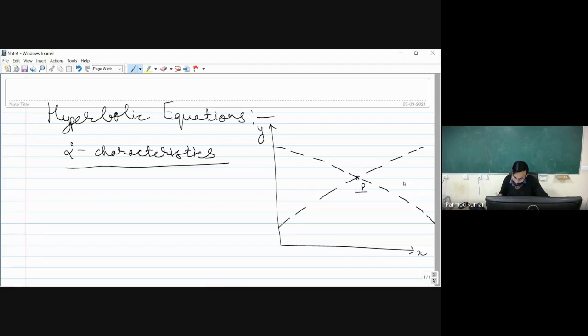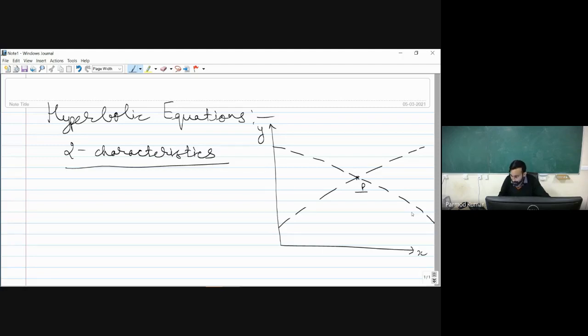Now, we have said that along this particular line, the highest order derivative of our equation will be indeterminate. So the only determinate value of the derivative will be in the region within the lines or away from these lines. In this particular zone, if you follow my cursor, we will have a determinate derivative, and outside these lines also we will have determinate derivatives, and over the lines we will have indeterminate ones.